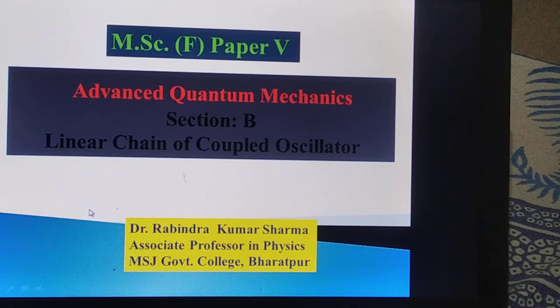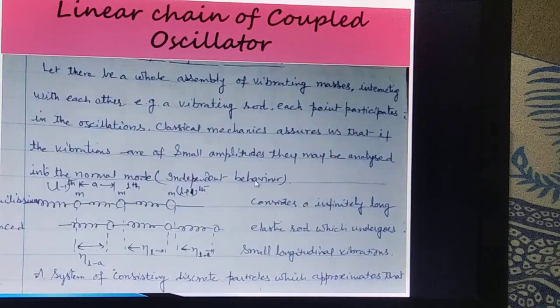आज का टॉपिक है लीनियर चेन ऑफ कपल्ड ऑसिलेटर। As we discussed already the problem of simple harmonic oscillator, here we are discussing the coupled oscillators. Here is the assembly of vibrating masses. Mass of each particle is small m, and these masses are interacting with each other by a spring. This may be a vibrating rod